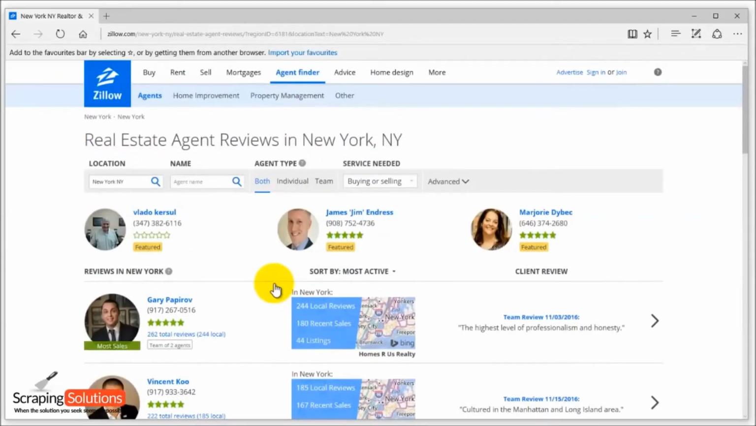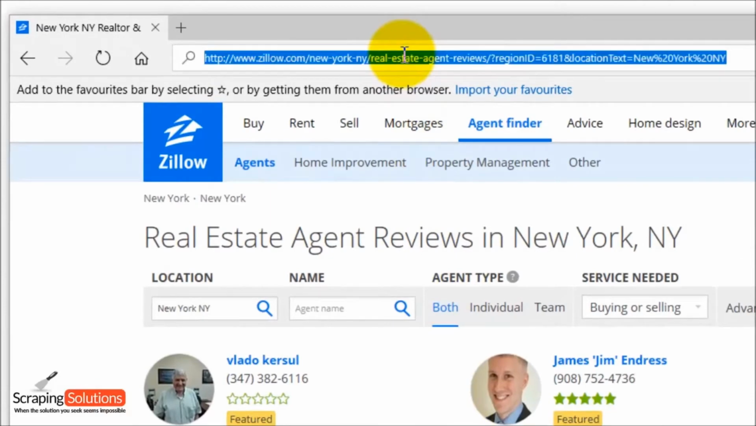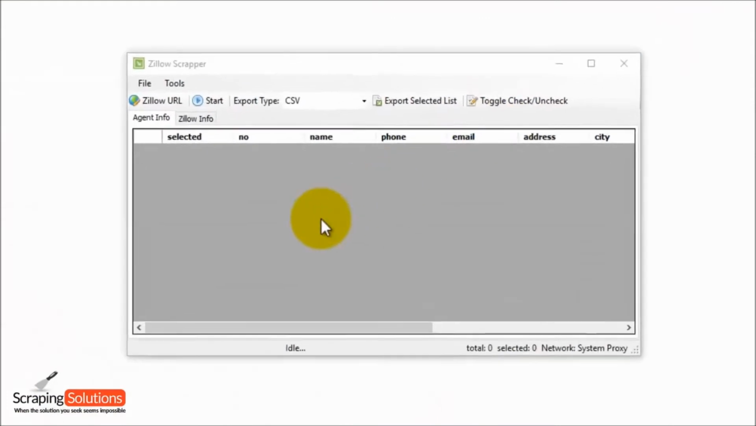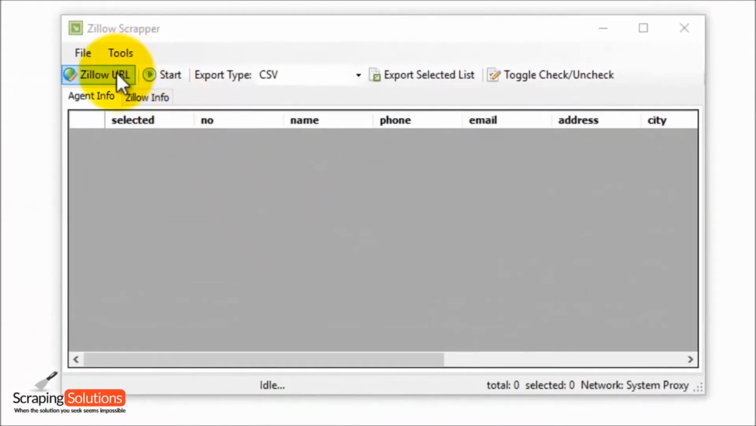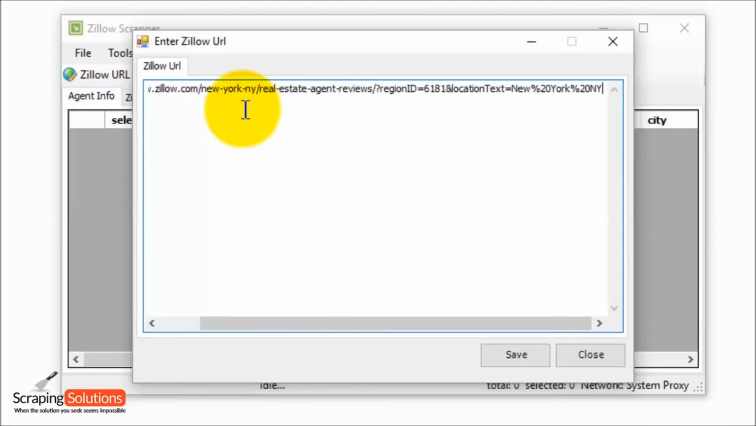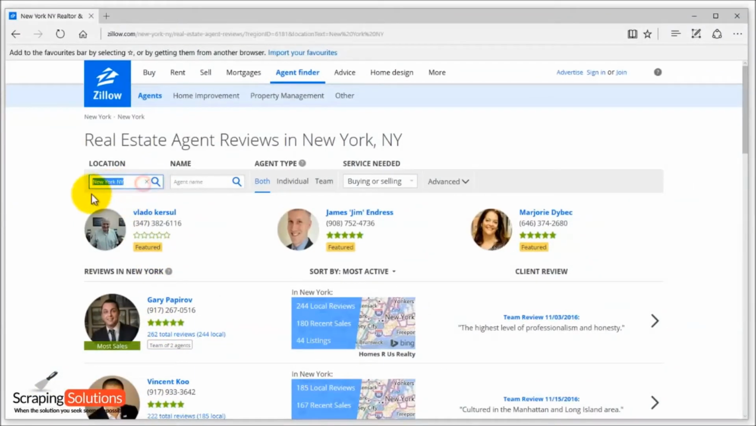So now what you have to do is go to the URL box right at the top here, click on that and just copy, Control C, and we go to the program. Go to the Zillow URL link up the top here, and then enter the URL into this box by pressing Control V to paste. So we have that URL in the box here, as you can see, and then we can go back and do another search. Let's put in New Orleans,